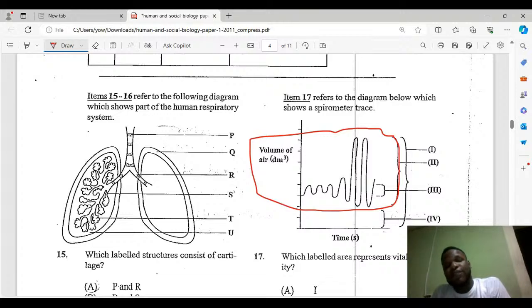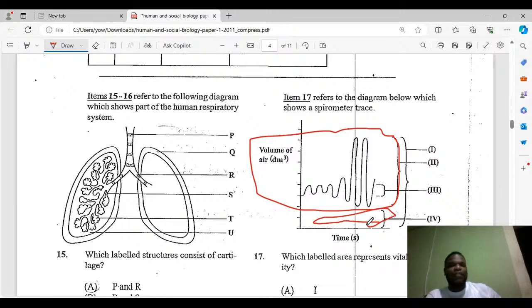Right? And the residual volume, as you know, residue is what leaves after. So residual volume is the air remaining in the lungs after maximum forceful expiration. So after you let out air, it is the volume of air that cannot be expelled from the lungs. Whenever you breathe in and you breathe out, there's some air remaining. This residual is the amount of air remaining.